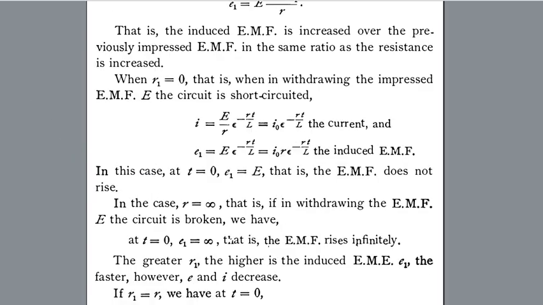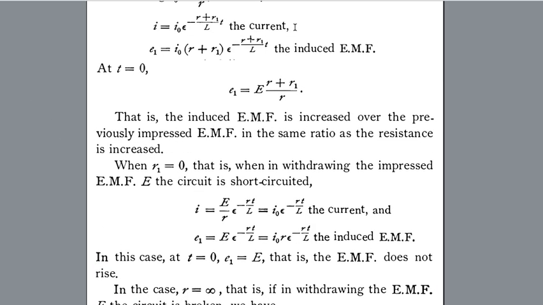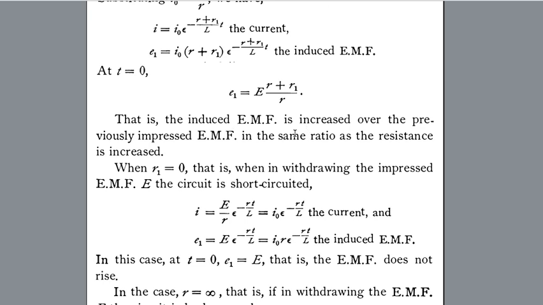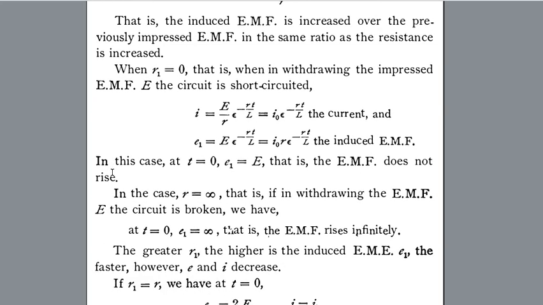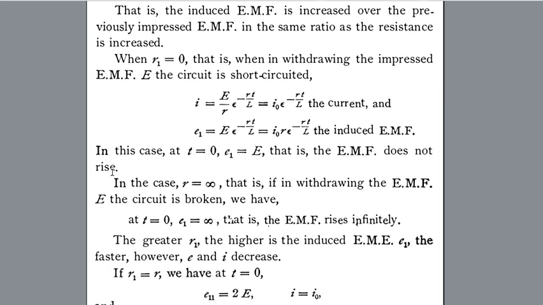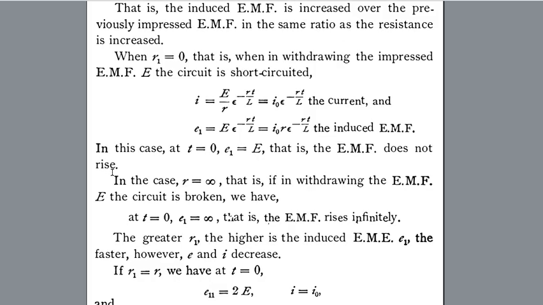That is, the induced electromotive force is increased over the previously impressed electromotive force in the same ratio as the resistance is increased. When R1 equals 0, that is, when in withdrawing the impressed electromotive force E, the circuit is short-circuited,